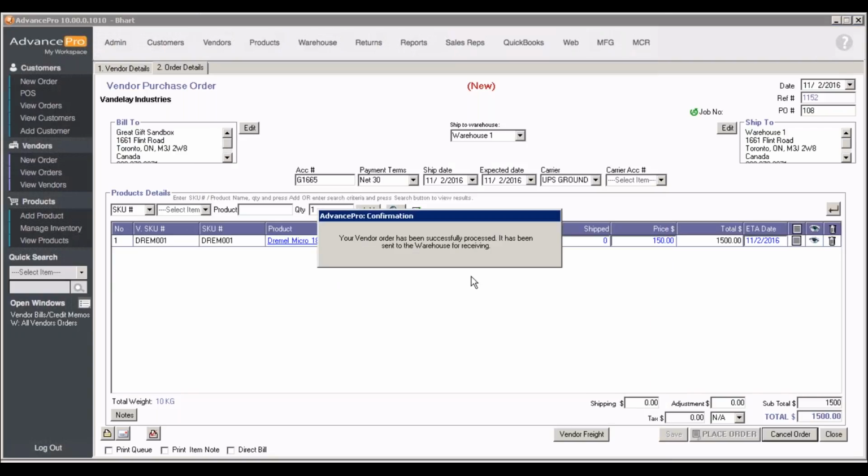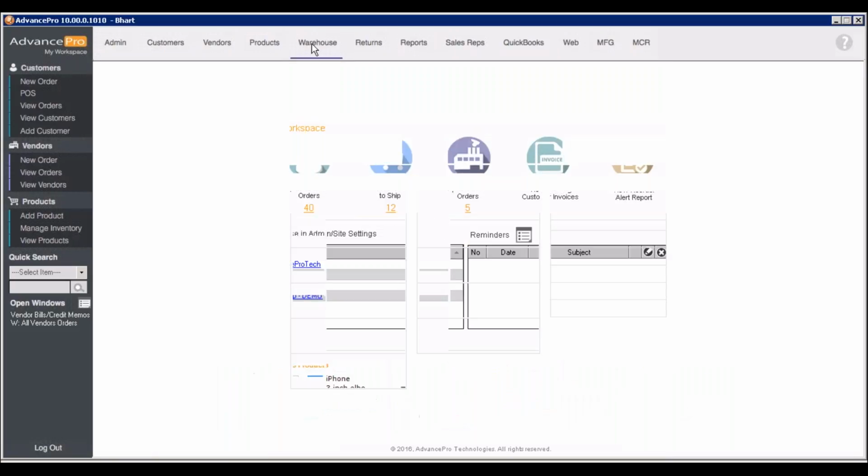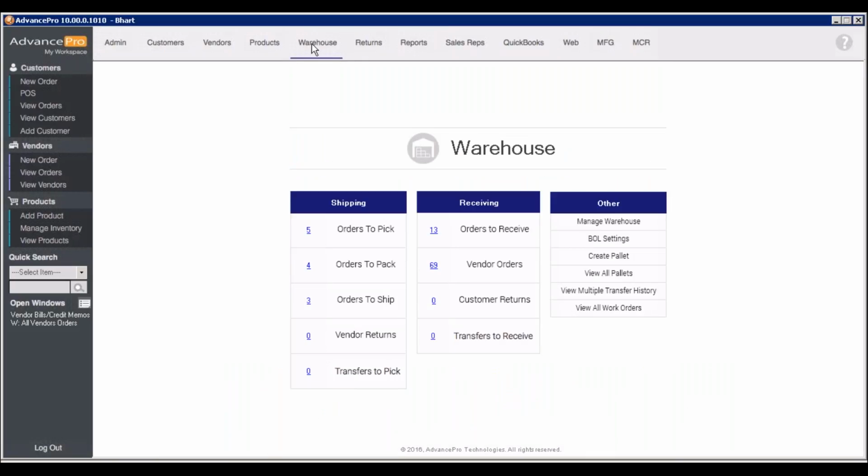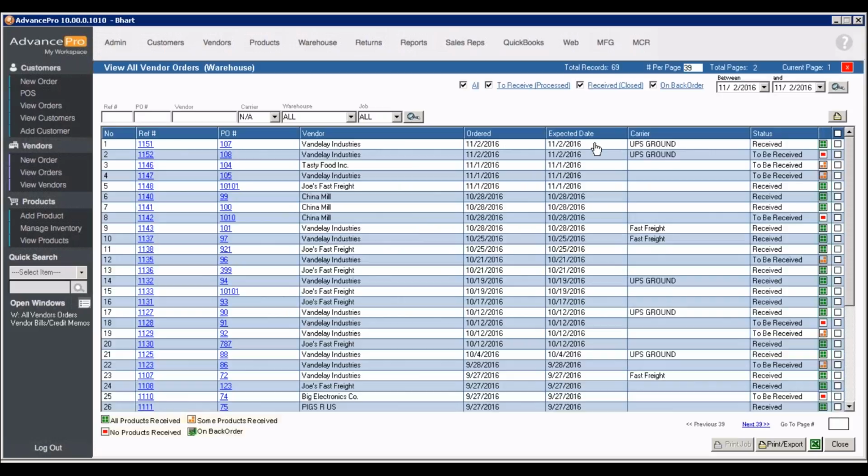So the order is now in transit on its way to the warehouse. And if we go to our warehouse panel right now, this is going to lay out what our warehouse workers need to look at today and in the future. So we can go to Orders to Receive. We can see when this order is expected to arrive. We can see what carrier it's expected to come in on, the vendor that it's coming from,